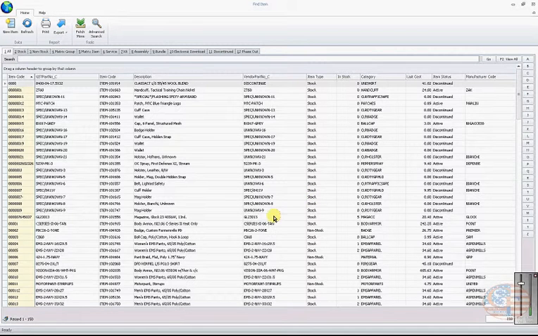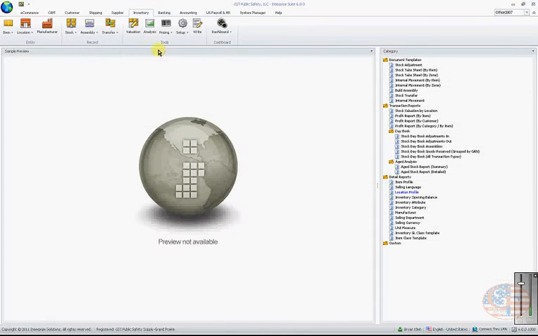Here's a situation we're coming up on. It's not necessarily an issue, but it's something I would like to get changed. If you go to the item profiles, let me load this up. If you go to inventory and item and find the item, it brings up